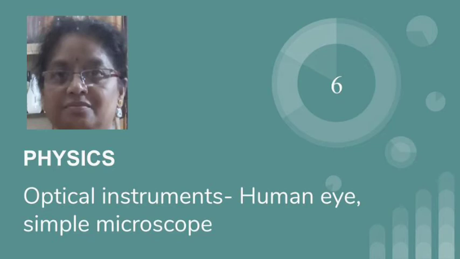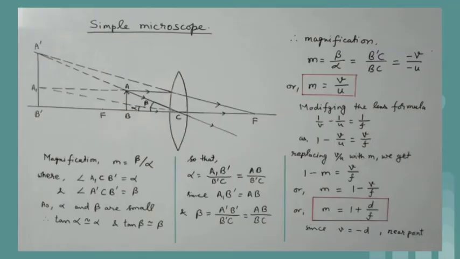Next, we will see the most simple device, that is the simple microscope, commonly known as a magnifying glass, which is used to observe magnified images of small objects, and you might have used it also. It is a simple converging or convex lens of small focal length. When the object is between the focal length and optical center of the lens, then a virtual and erect image of the object is formed at the least distance of distinct vision from the eye kept close to the lens.